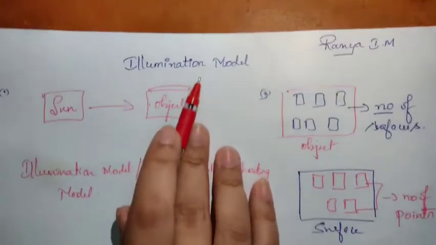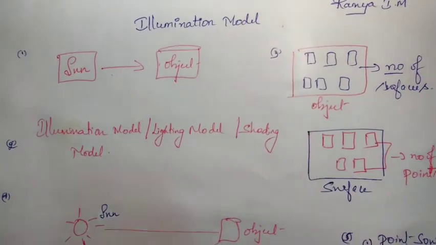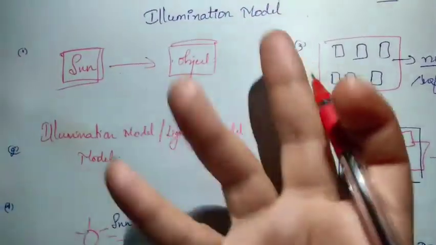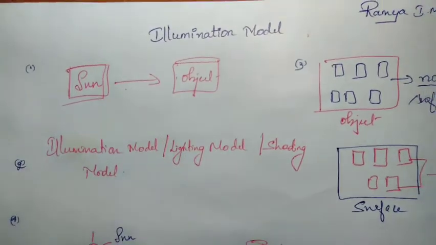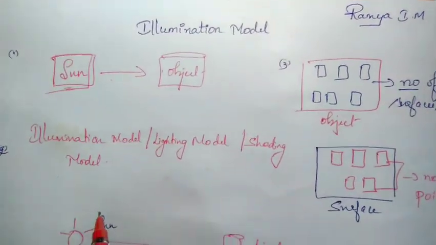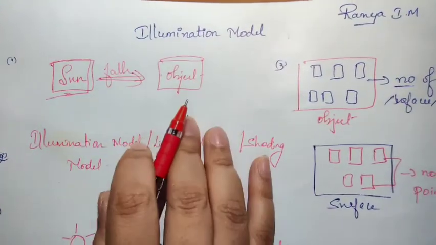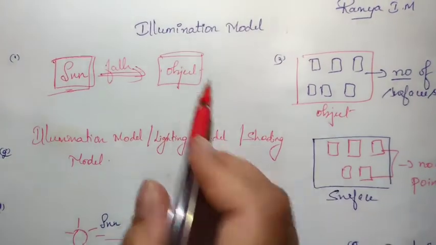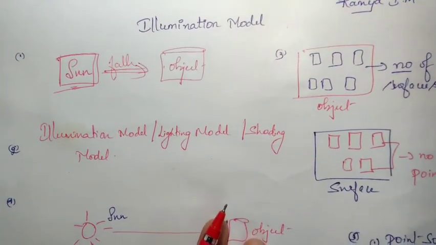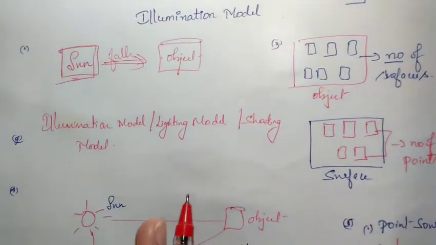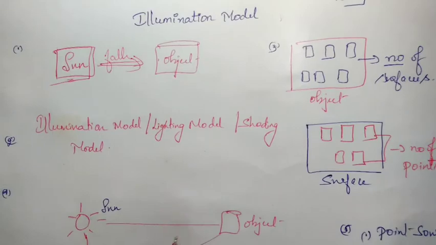In the case of the illumination model, if you want to see any object, we need a light source. By using this light source only can we see any kind of object, right? For example, we can take the sun. If this light falls on an object, depending upon the reflection, we are going to see that particular object. So in this topic, it's very necessary to find the light intensity of the particular object, either by the reflection or by the direct light source.